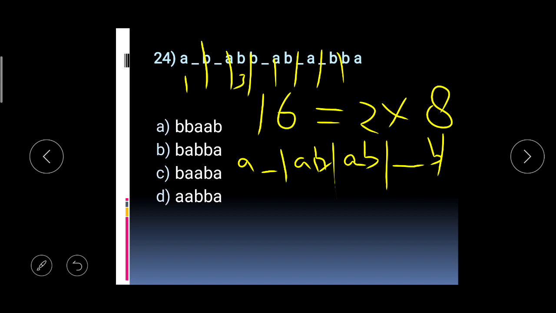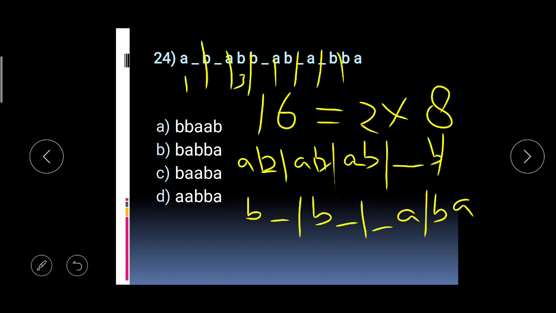Okay. And the other pattern, I'm just writing the other one as well. B dash A, then B dash, and then dash A, and last one is BA. So this is very simple. As you can see, each of the groups contains what? AB, AB, AB. So if here the second letter is missing, then it has to be B, and if here the first letter is missing, then it has to be A, right? Again, if here A, because it is BA, so it is BA, and this is BA, and this is BA, right? So our answer is what?